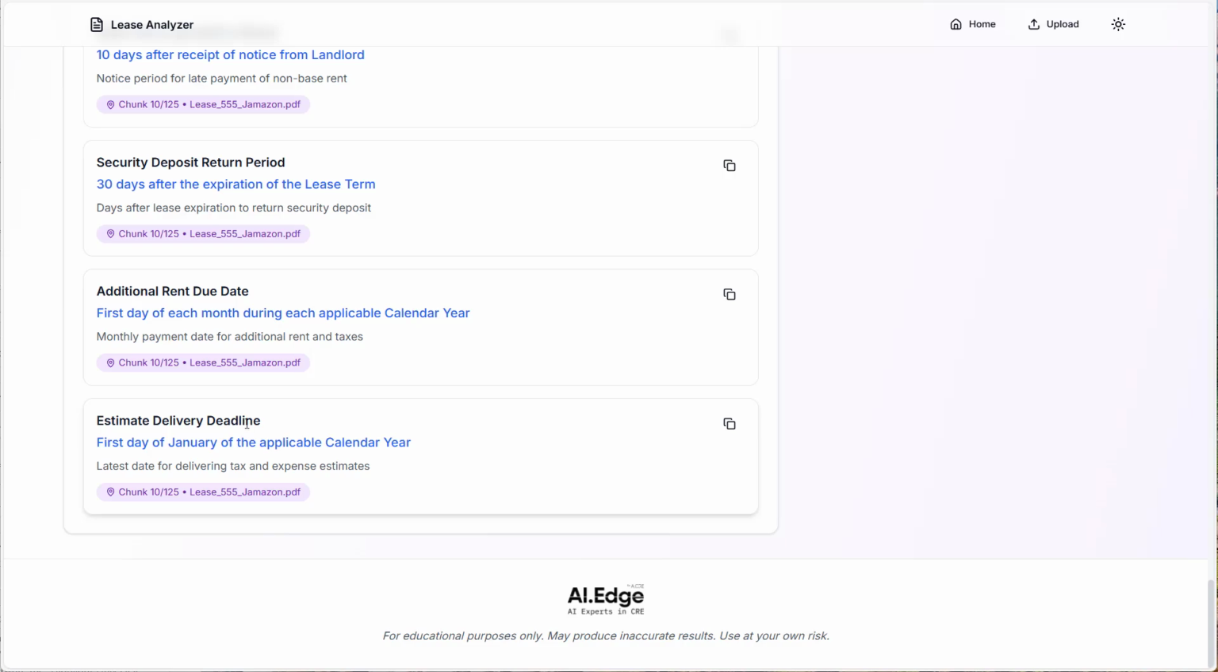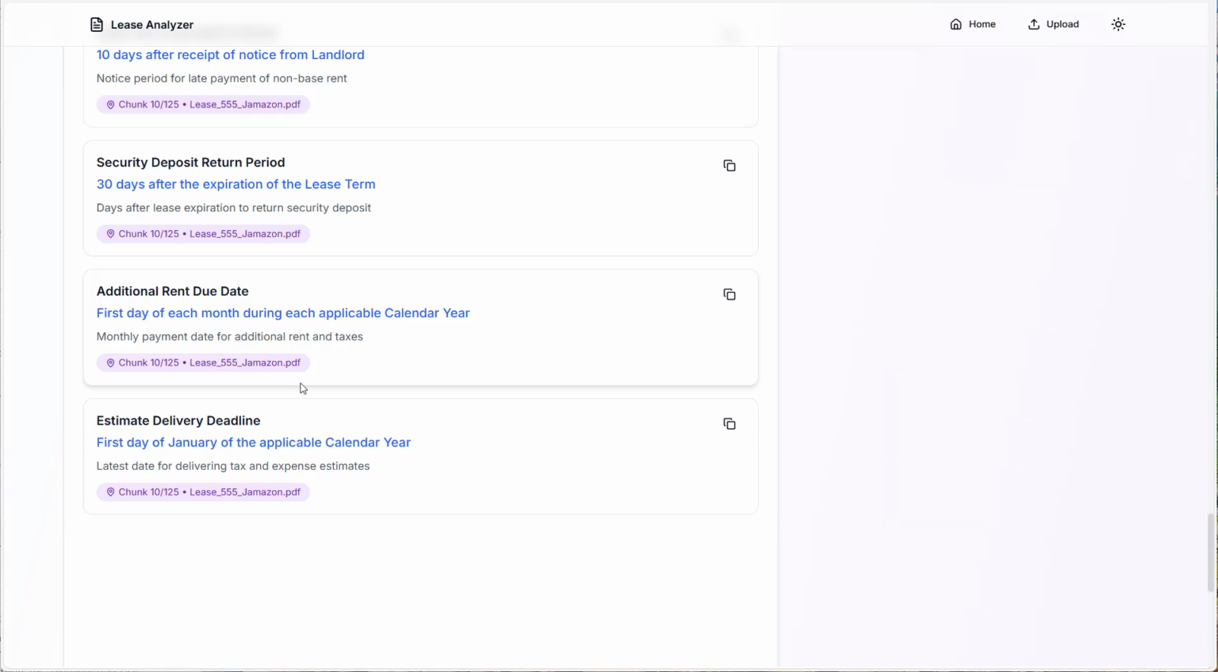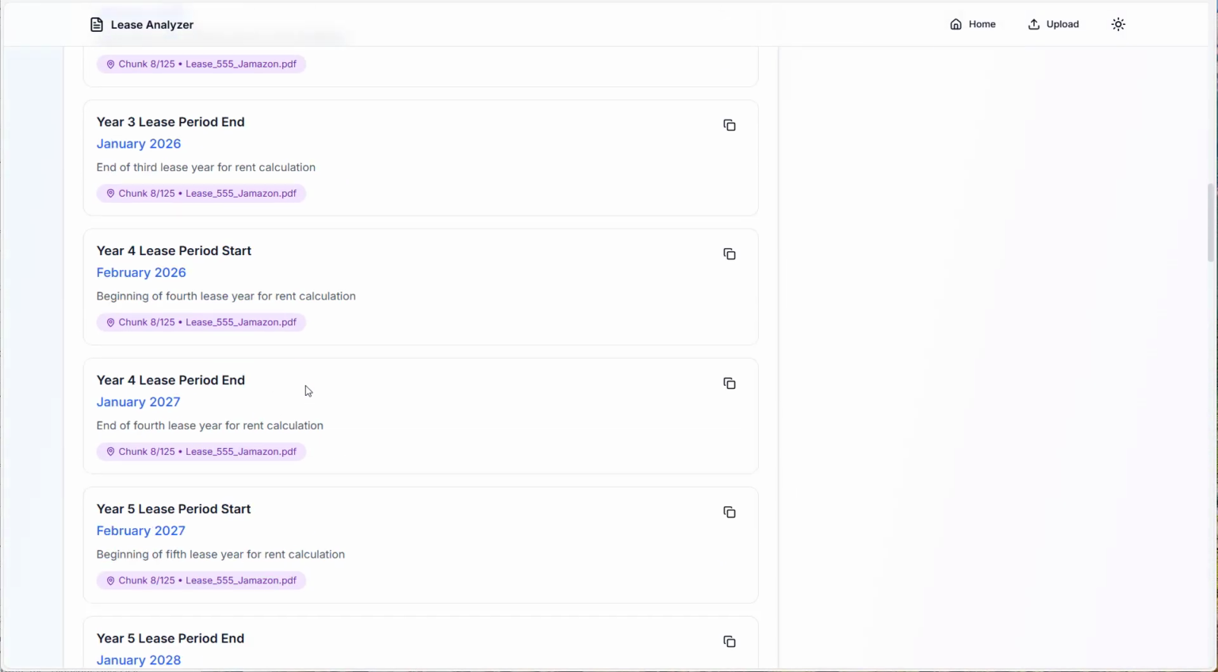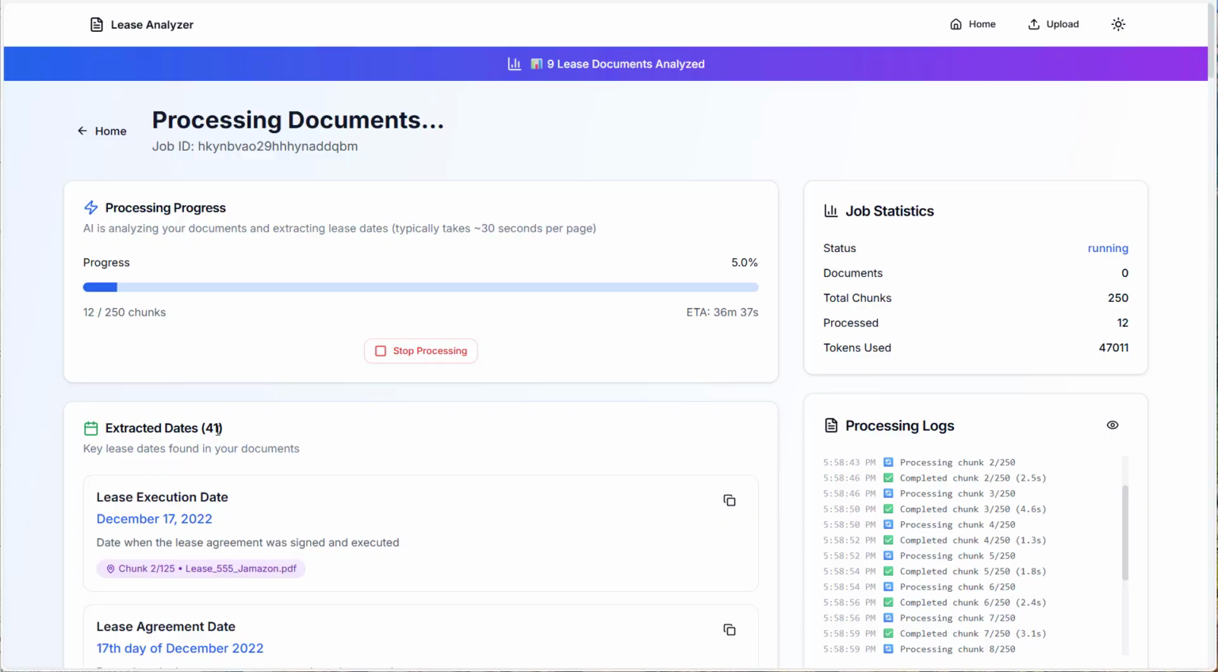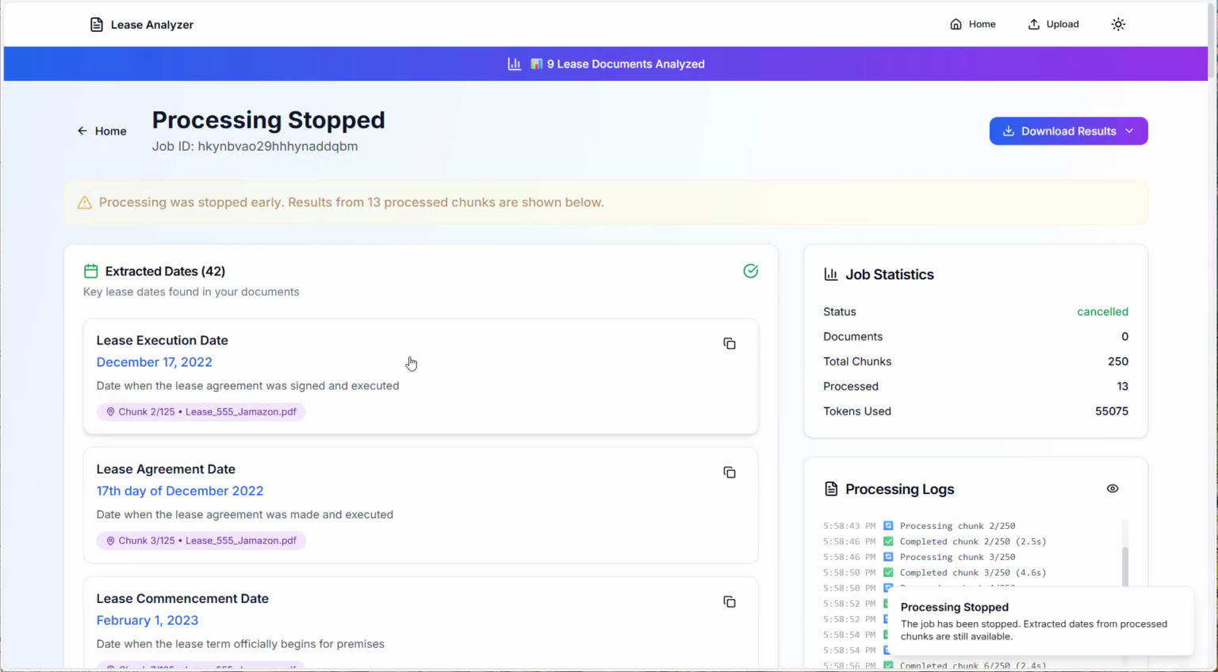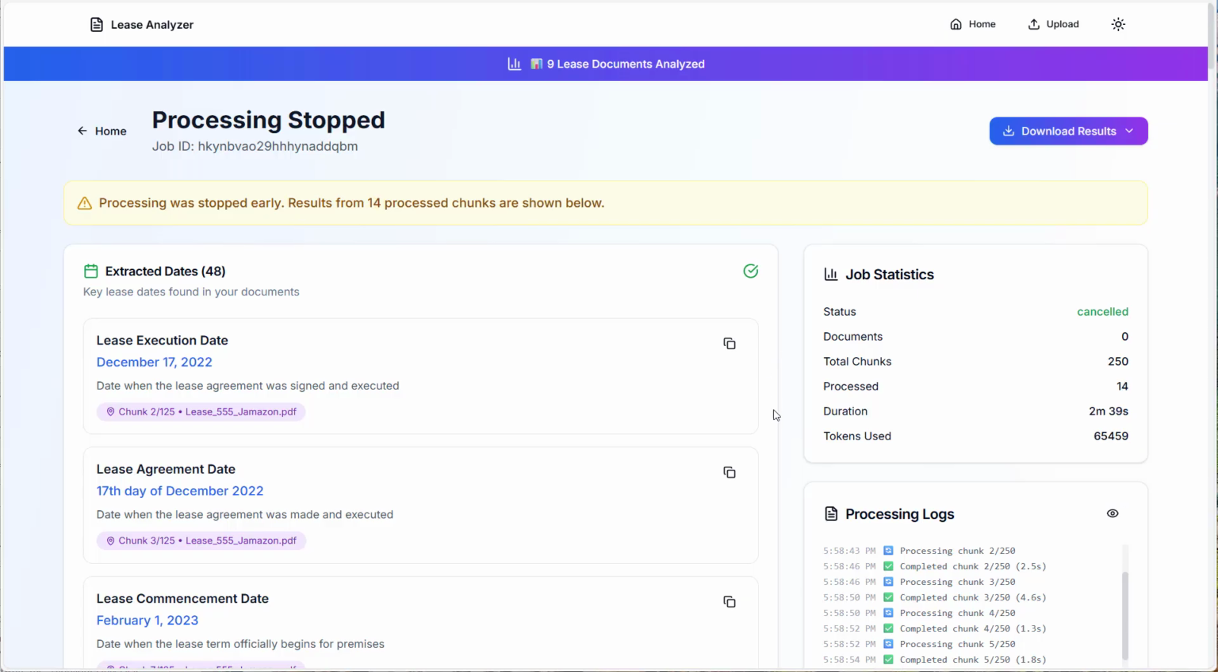Estimate delivery deadline, first day of January of the applicable calendar year, additional rent date due. And so it's just populating all of these dates. We're at 41 dates already, just a short way through. So I'll stop the processing because it will have the same effect as if we went all the way through. So imagine that we'd finished. You would see the same thing, all dates that had been extracted, some job statistics over here, as well as